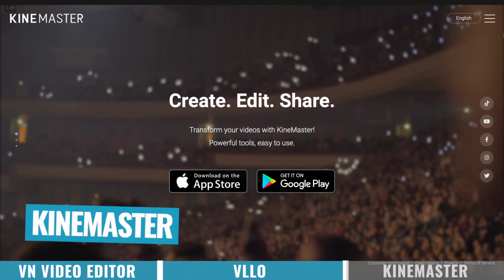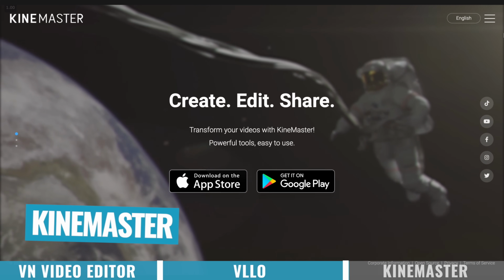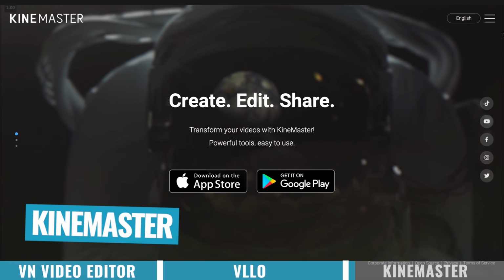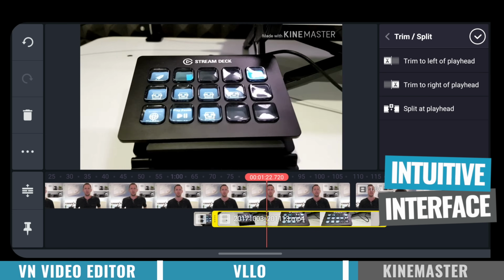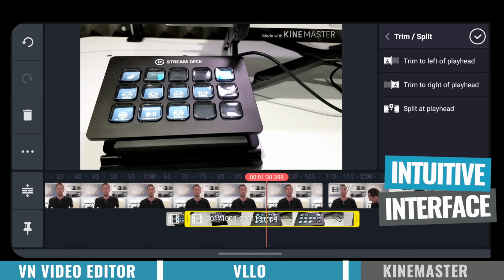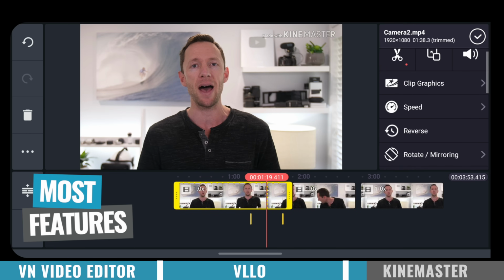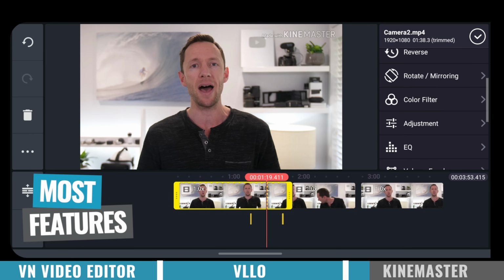And the third one then is Kinemaster. And this one is probably the most advanced video editing app out there on Android right now. It's got a fairly intuitive interface, probably not as easy to navigate or as easy to get up to speed as the previous apps that we've mentioned, but this one also has the most amount of features, most amount of